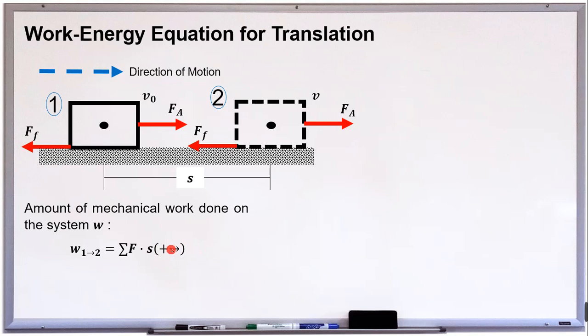Why is it? It's because we align a positive work if it points towards the direction of motion. Now, in our diagram, the direction of motion is towards the right. So if the force is oriented in that direction, that is towards the right, that force produces a positive